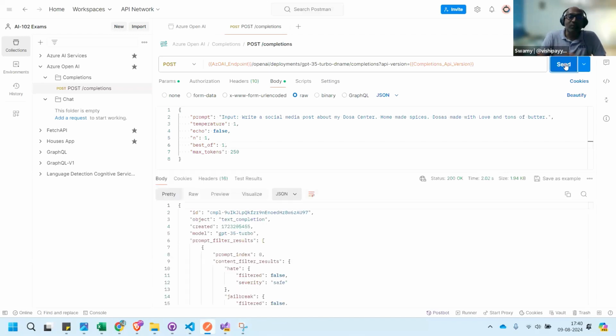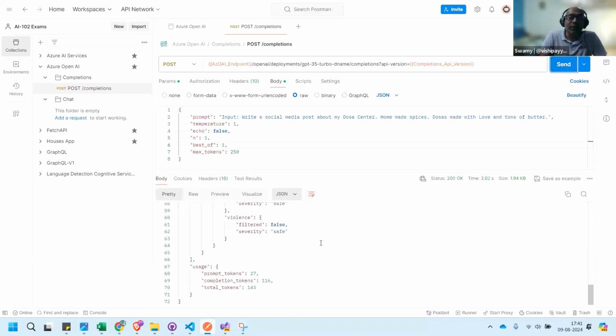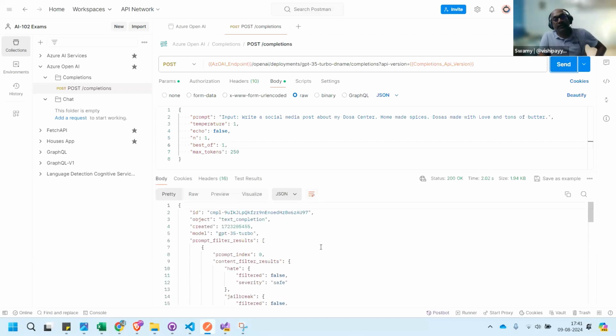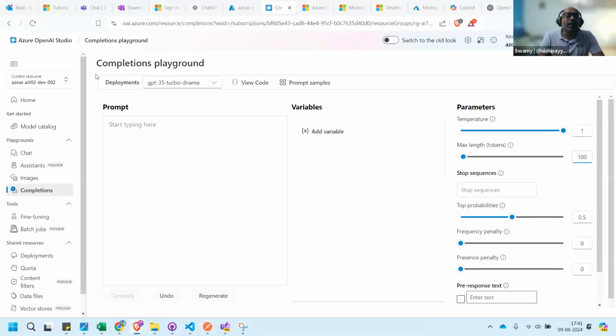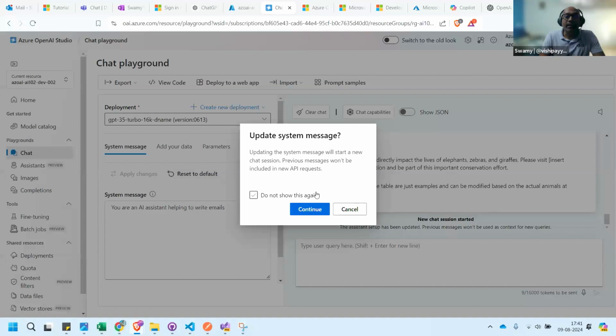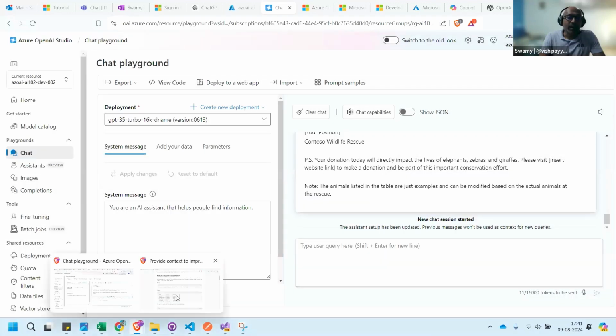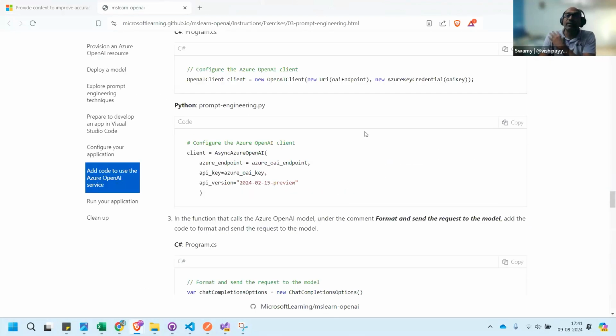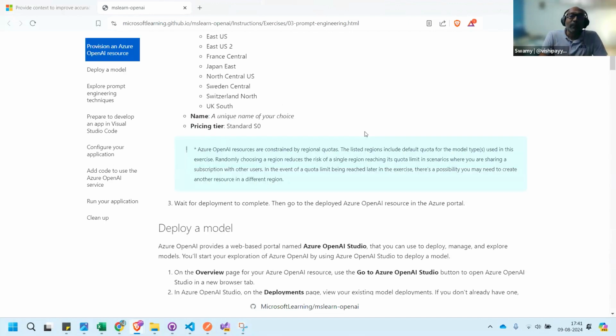I'm saying best of is 1, and give me this one. Okay, so that's one thing. The model is Turbo 365. We can try the chat completions, and this. Let me reset everything, and then we will look at some of these things. We'll come back to that one, but let's focus on this. It is a very, very interesting thing.